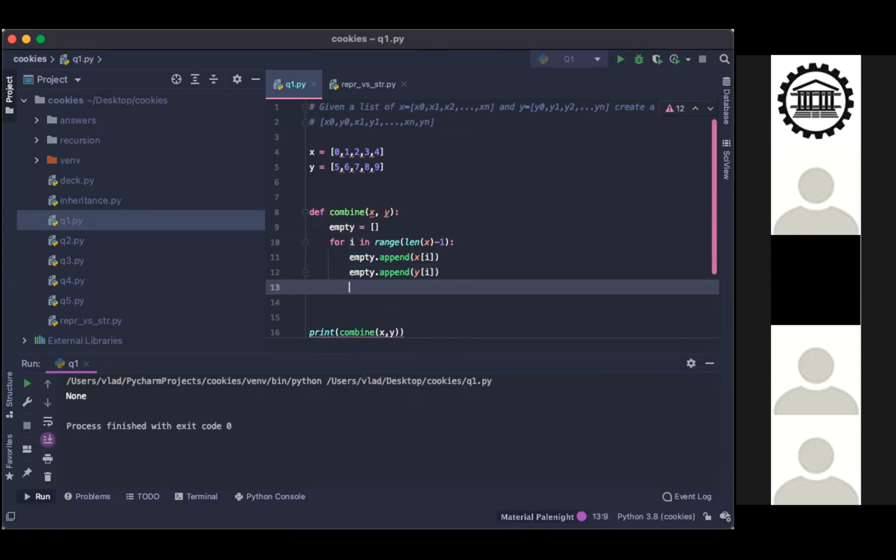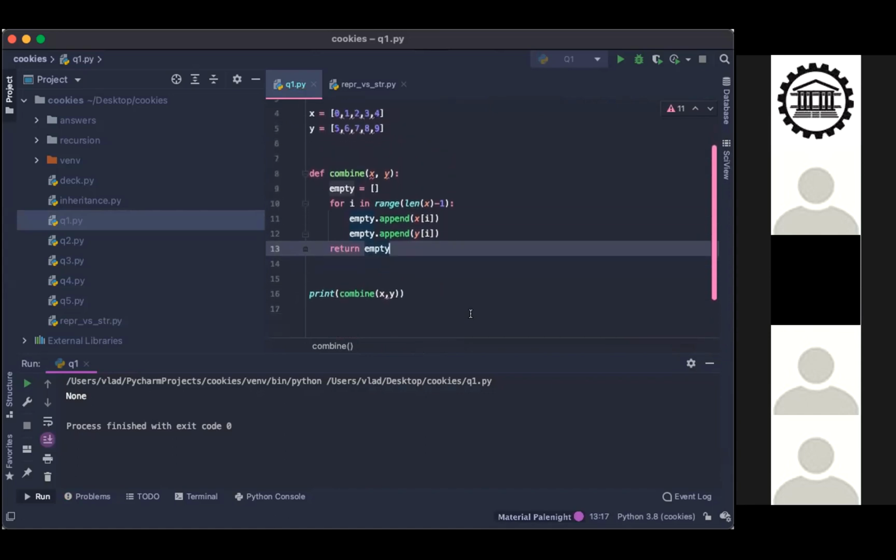And then, I guess, return empty, because it's being called over there. Not here, outside the loop. Right here. Yes, okay. Let's try it out.